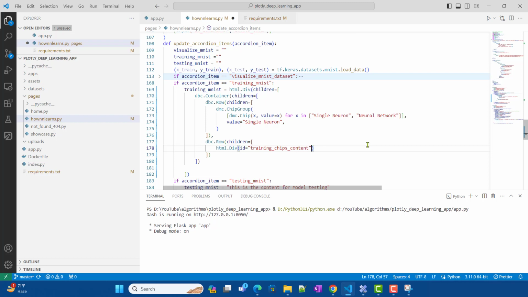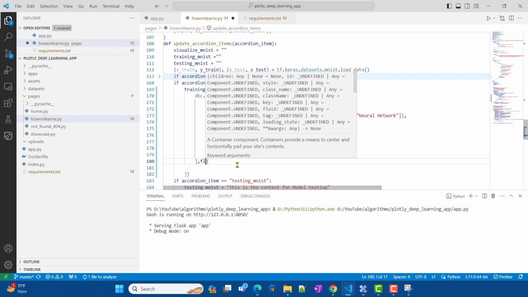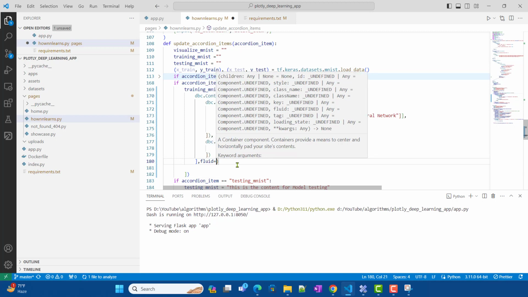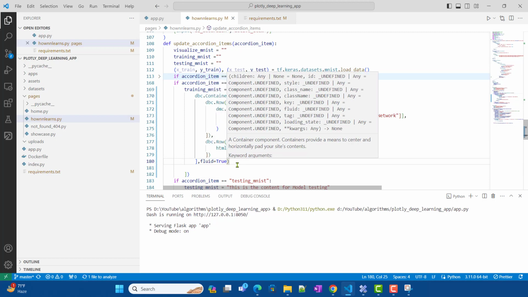So now let us work on a callback which will update this particular div based on the selection of this particular chip over here. And also let us make this container fluid as well, so that it will take up the space. Fluid equals to true over here. Okay,